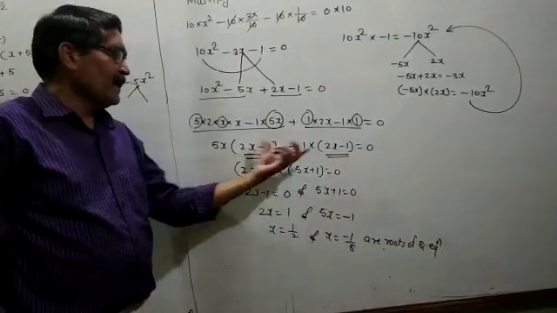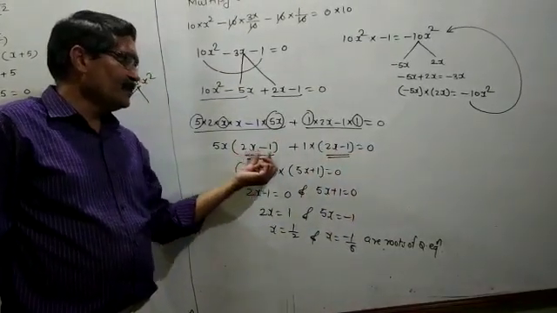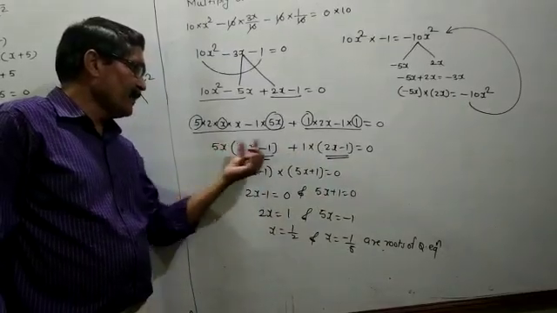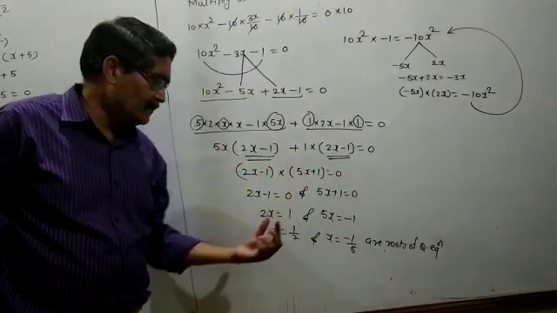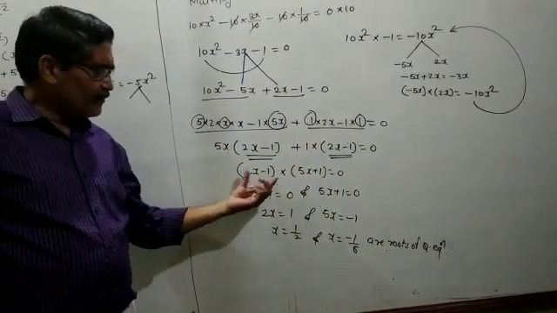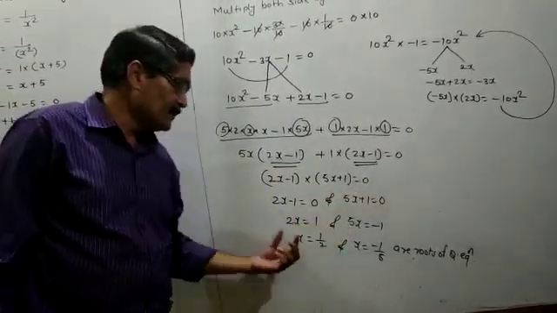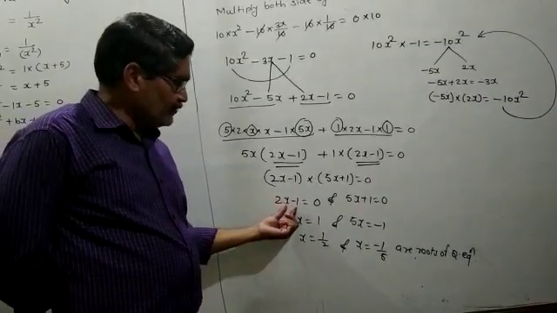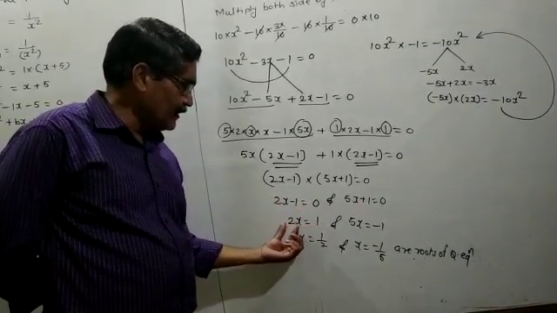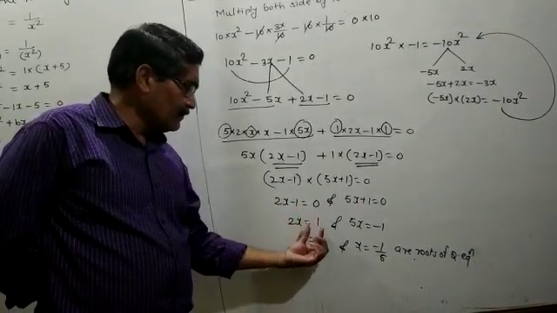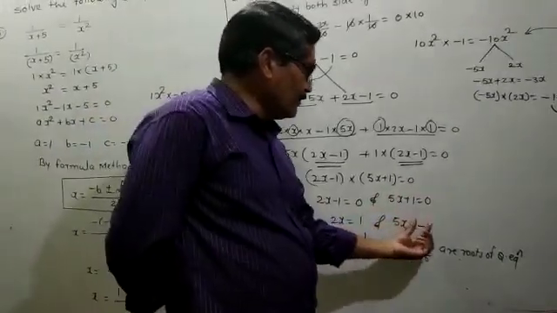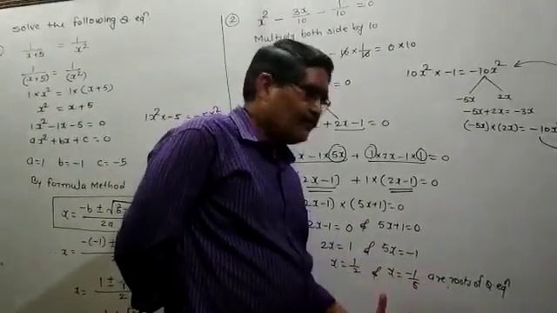So the repeated term, 2x minus 1, you have to take out common, at that time 5x plus 1 you have to write in another bracket is equal to 0. So you have to compare these two terms with 0. 2x minus 1 is equal to 0, 5x plus 1 is equal to 0. So you have to transpose this minus 1 to that side, it becomes plus 1. Then 2x is equal to 1, x is equal to 1 upon 2. 5x is equal to minus 1 and x is equal to minus 1 upon 5.